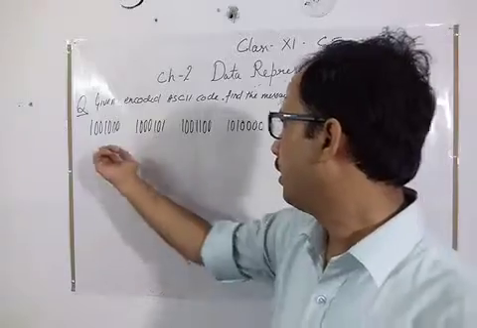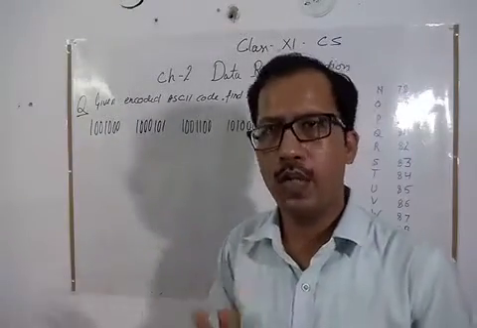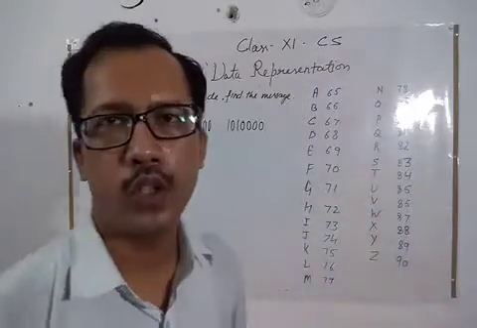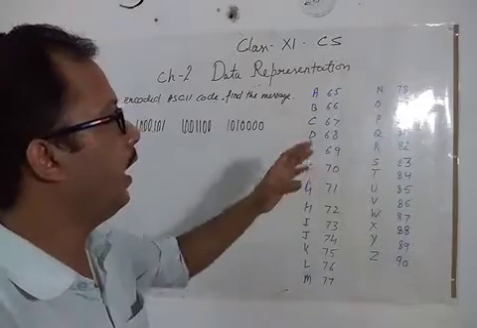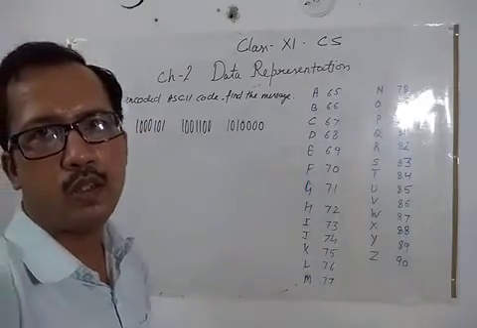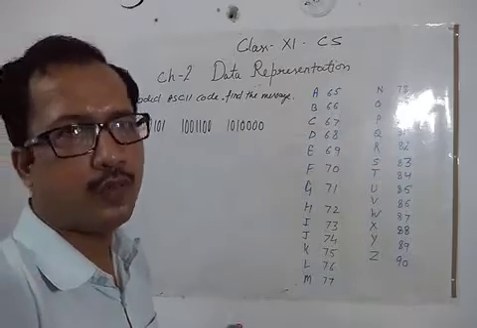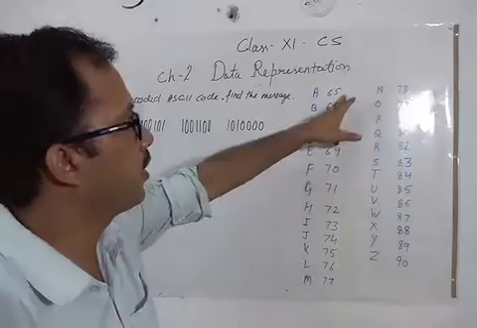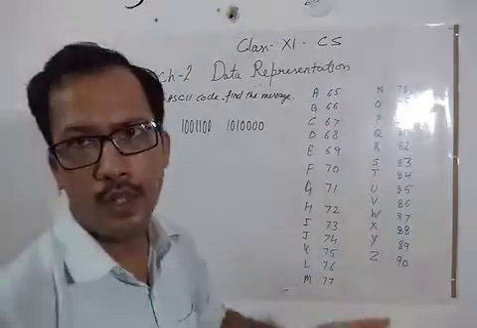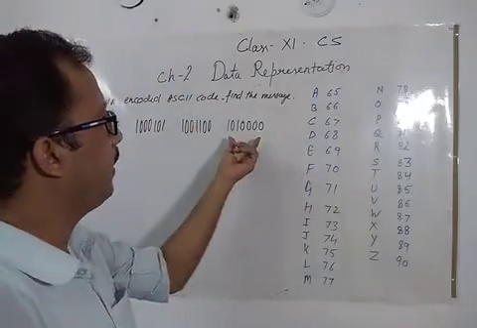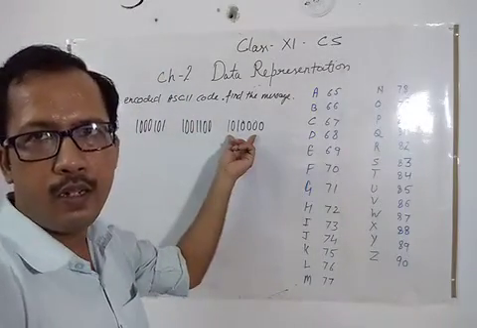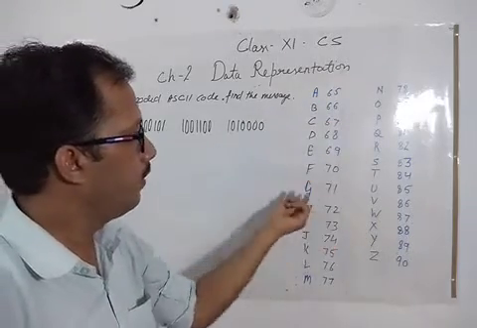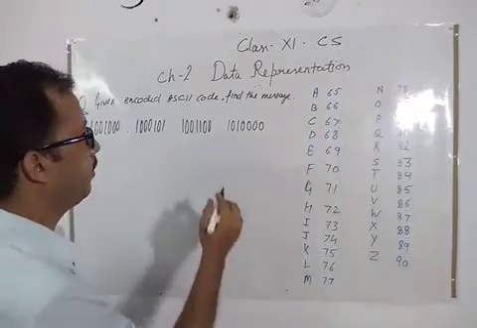Now the question is, the encoded message is in ASCII. What is the message? So how do we solve the question? To solve it, I have written a table that will help us find the message. The table simply denotes all the capital letters, starting from 65 to 90, capital A to capital Z. So what we will do is convert every 7 bits into decimal, and from the decimal we will get the character. First we start from here.